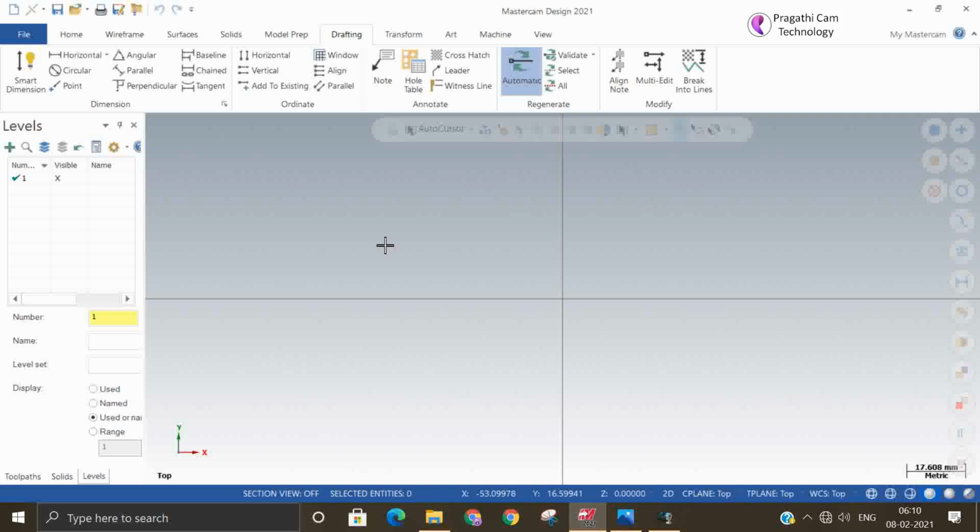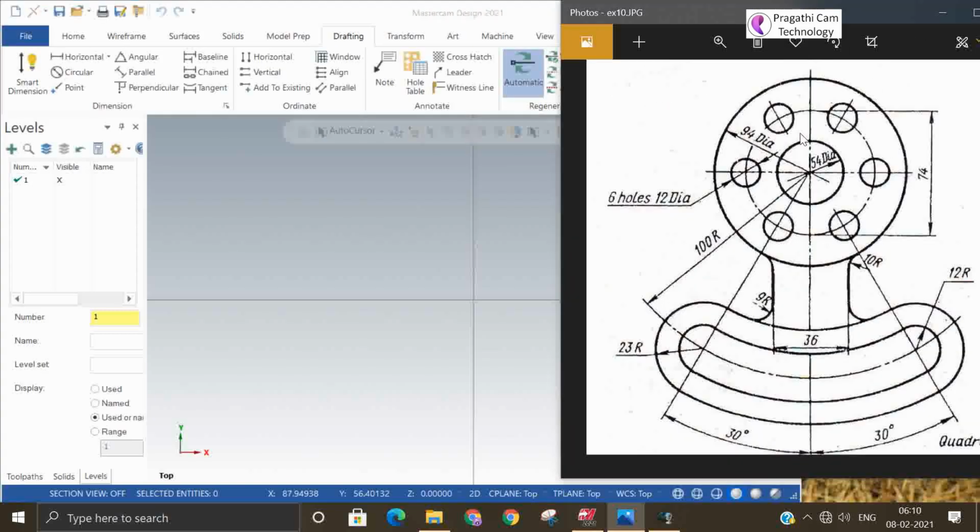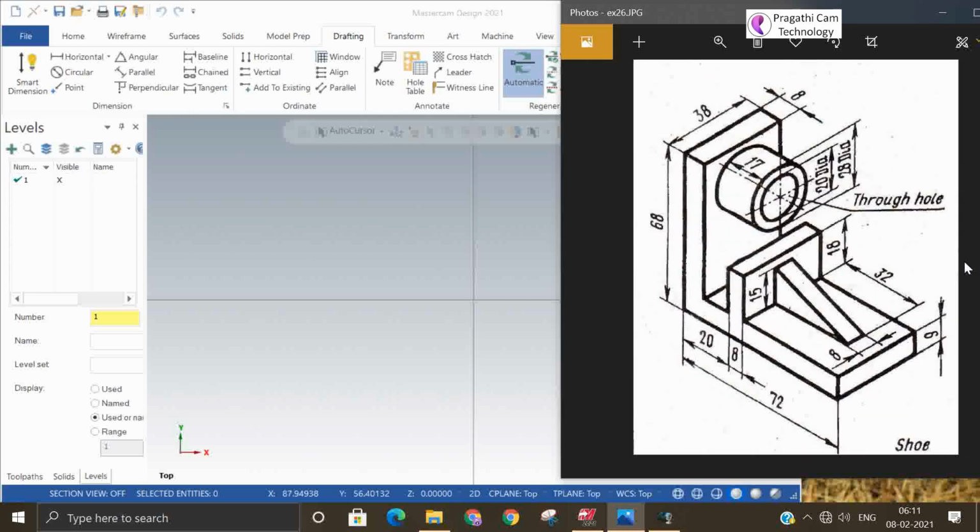If you are able to understand this concept clearly, you can make any 3D model. So now I'll take one small example, one wireframe model. Yes, so I am going to take this example for the 3D wireframe model.